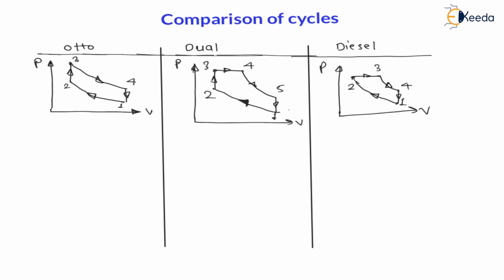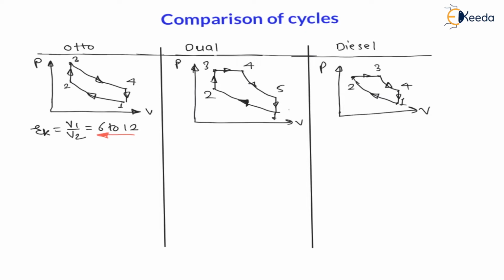Now my dear students, the compression ratio is represented by rk, and it is the ratio of the volume at the start of compression V1 divided by volume at the end of compression V2. It is V1 divided by V2, and compression ratio is a very important parameter to specify any engine. So Otto, dual and diesel cycles are specified with the help of their compression ratio. Now this compression ratio for Otto cycle is between 6 to 12. And my dear students, generally it is towards 6, means as minimum as possible. Generally it is 8, right?